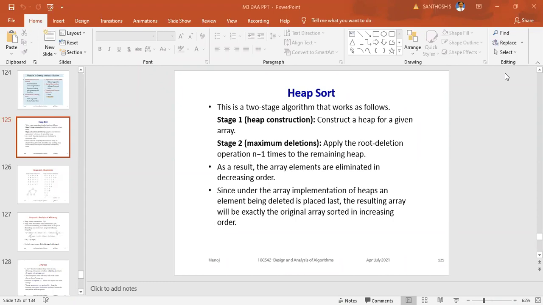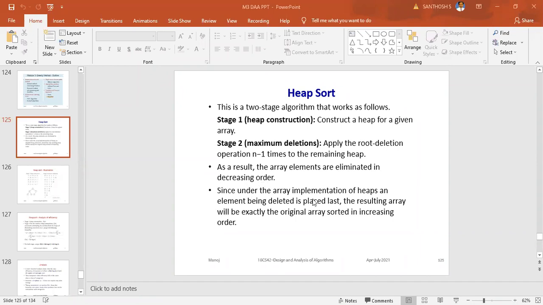Stage two is maximum deletion. Apply the root deletion operation n minus 1 times to the remaining heap. As a result, the array elements are eliminated in decreasing order.